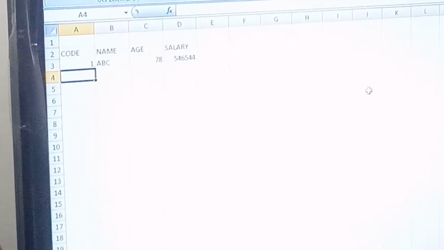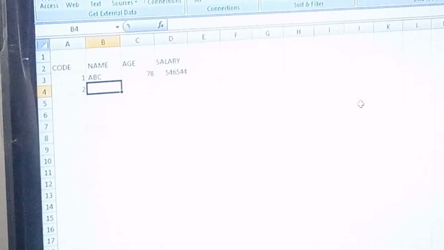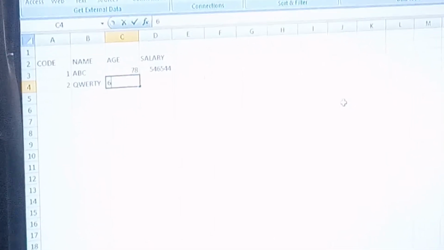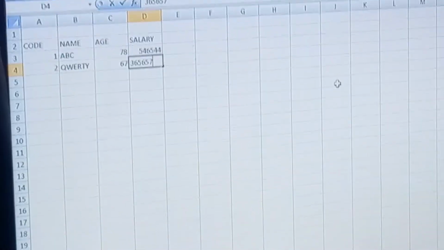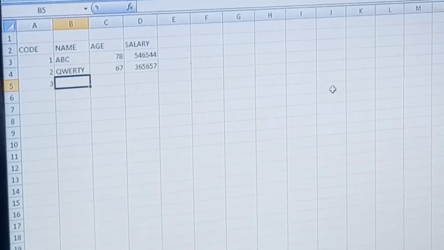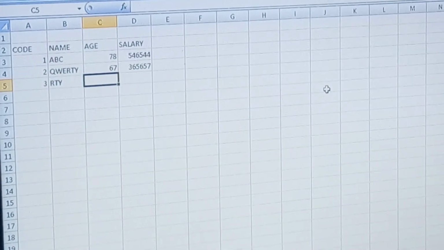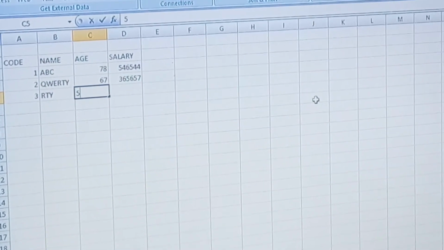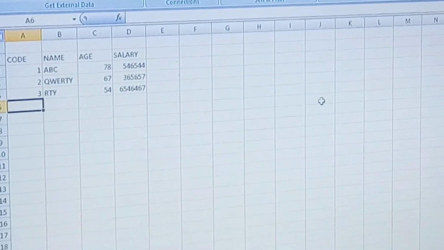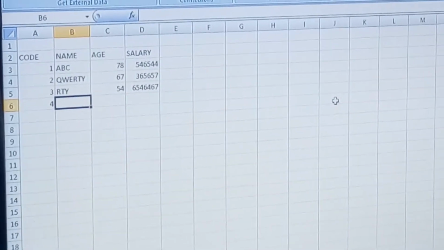At this time we can enter 78, and it will accept, but I want that when we enter the data, it must be checked by the condition. This type of checking of condition is known as data validation.